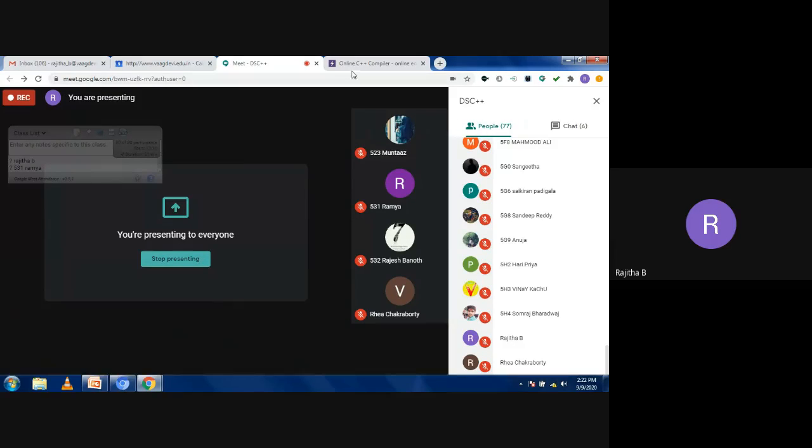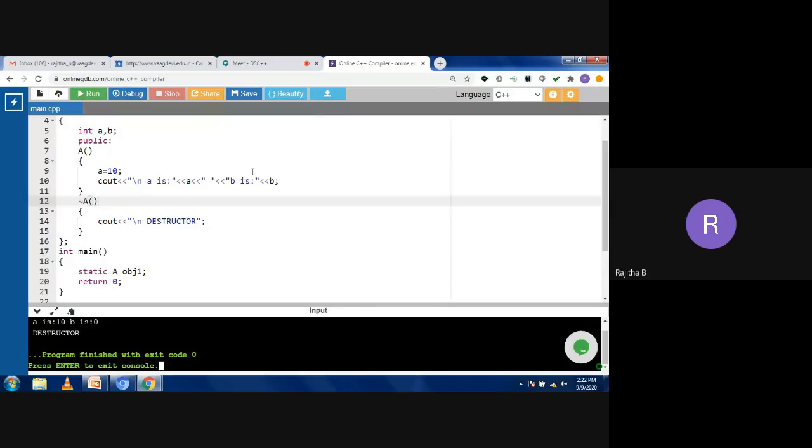Now come to this one. You can see here, A value is 10 and B value is 0. I'm not initializing the value of B, but it takes the initial value as 0. Why? Because I'm taking the object as static.